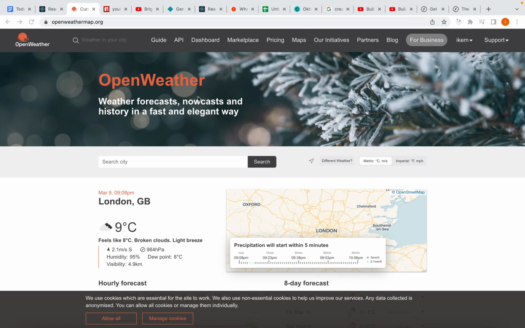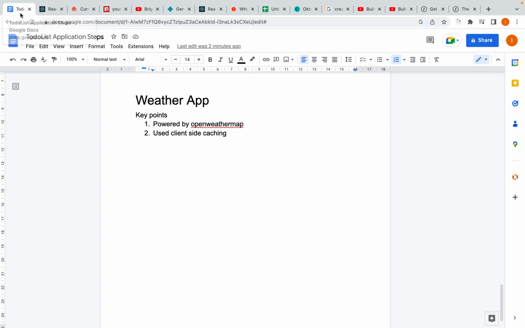Oh, before I do that, I'm going to kind of kill two birds with one stone and also show you that I used client-side caching. What that means is that if I fetch, for example, the weather information for Lagos, I cache that data on the browser, so that instead of me having to call the API again, I'll just fetch the stale data from the cache. And I do this because I realized that in some of the applications I've built before, the APIs that I use have